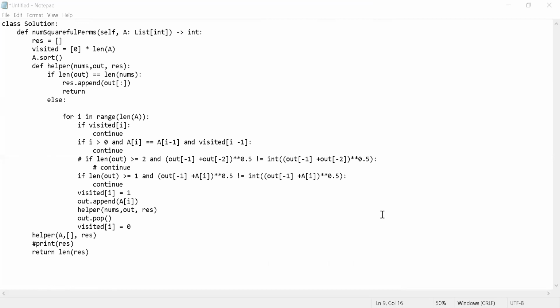So, the problem: are you creating a new out? That is what I was trying to check, because you do out.append and then you do an out.pop after calling the helper backtracking. Okay. One optimization you could do is that you are using this res, which is a list of lists or something like that, right? You could just use a counter. You don't need that, because at the end you are just returning the length of res. If you do that optimization, creating that also takes a lot of time complexity, correct? Yes, it will be O of n.